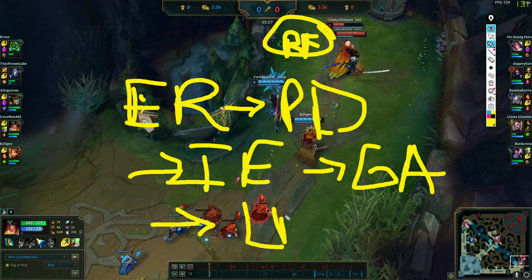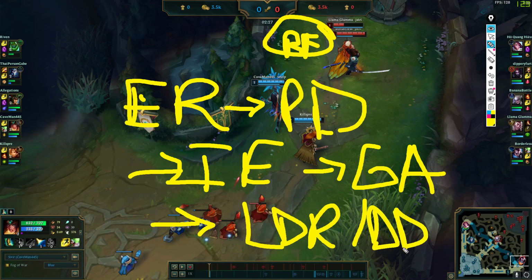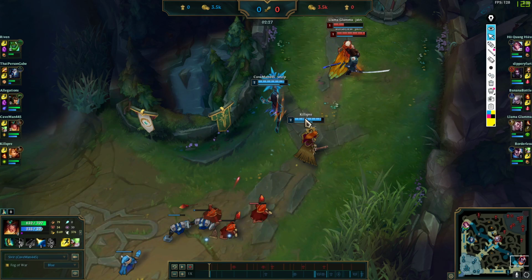And then last item, you're going to want a Lord Dominik's Regards, or maybe like a Death's Dance or a Bloodthirster, depending on their build. So if no one on their team ends up getting Ninja Tabi and they don't really have a lot of armor, it's pretty good to get LDR if they have those items. If they don't really have any armor at all, then you can get lifesteal like Death's Dance or Bloodthirster. But LDR is pretty good this game as well, just because they'll probably end up building Ninja Tabi because